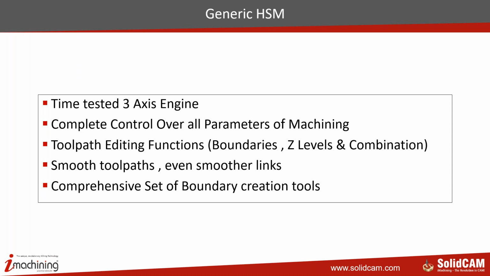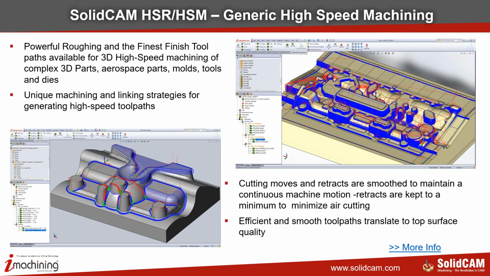We have a comprehensive set of boundary creation tools. So you can select maybe a group of surfaces and ask for the contact point boundary of the tool, or you could just select all the surfaces, or let's say a few surfaces, and ask for the boundary of those selected surfaces with a particular diameter or type of tool, and it will generate the boundary. So HSR and HSM is a very powerful roughing, and it has some of the finest finishing toolpaths for